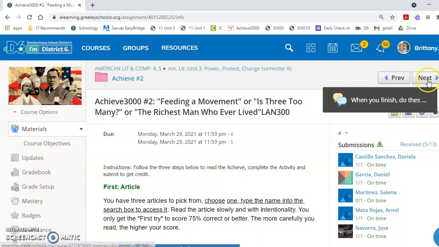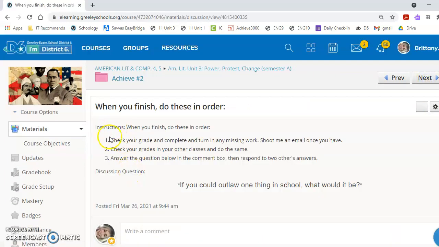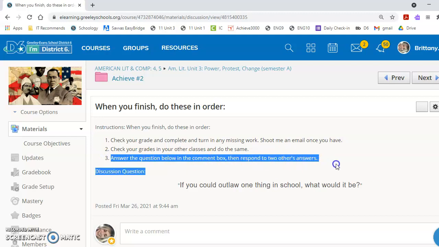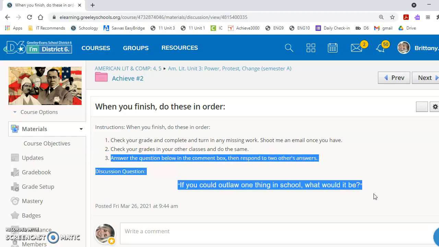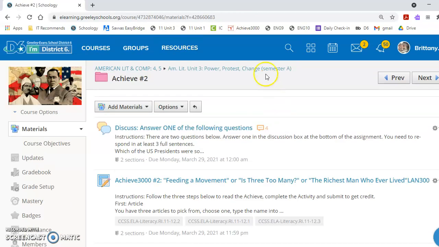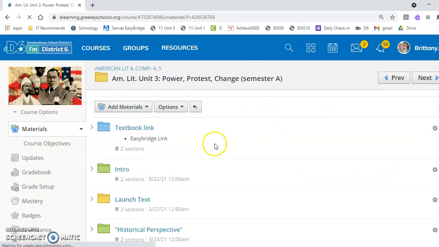Last assignment then is reminding you to check your grade in my class and check your grade in your other classes. And if you are caught up in all your classes, then answer this discussion question. If you could outlaw one thing in school, what would it be? So that's all for our Achieve 2 folder. That leads us into the